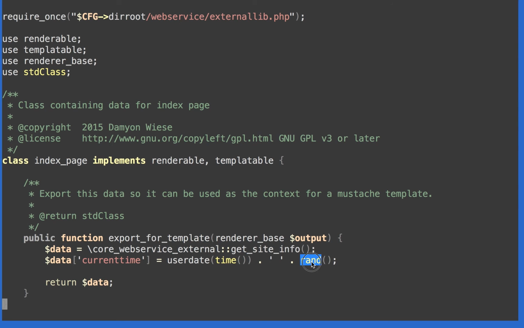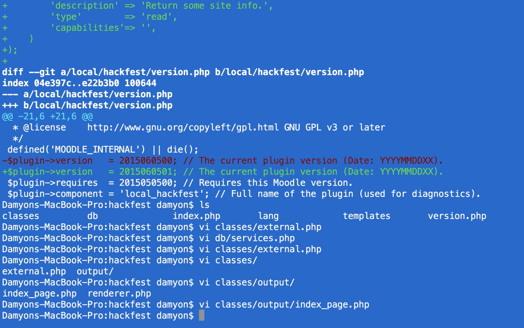The reason that I put the random number on the end is so you can see it change when you refresh the page. But what we're going to do now, so this web service will be available now in my Moodle site, and I could call it from JavaScript, but I haven't actually written any JavaScript that calls it. So now we'll switch onto the final